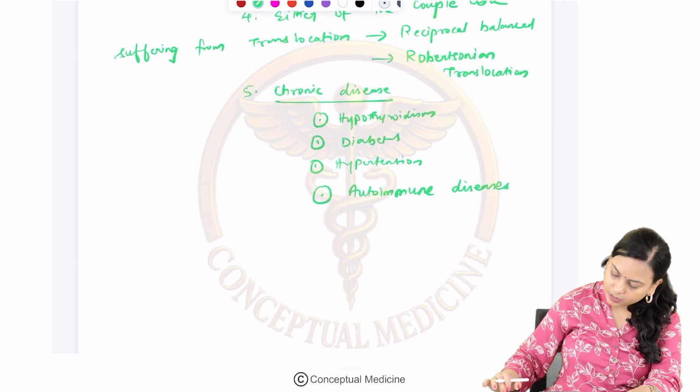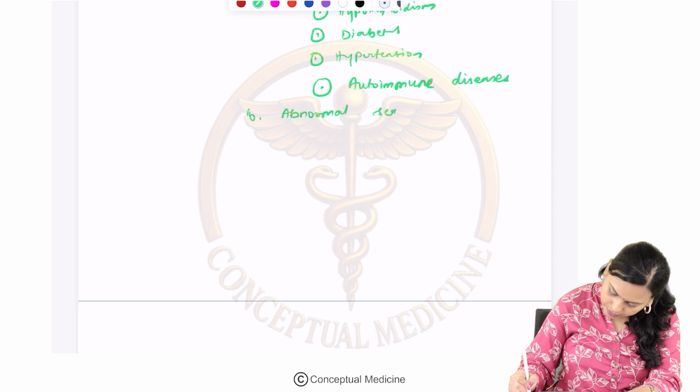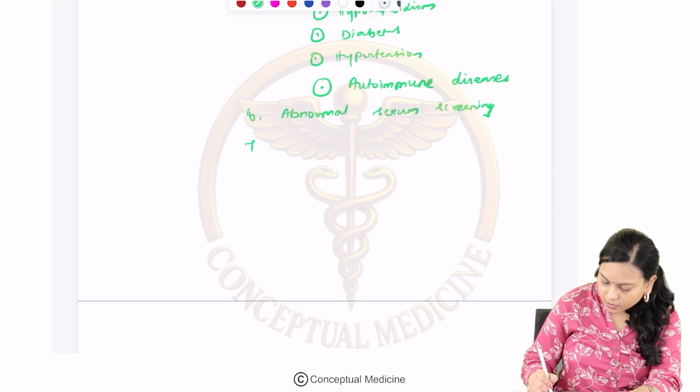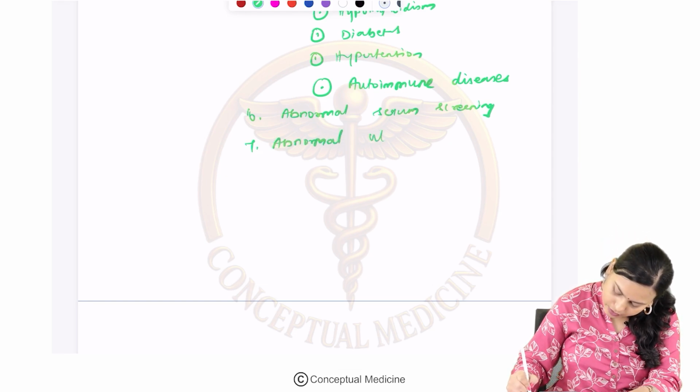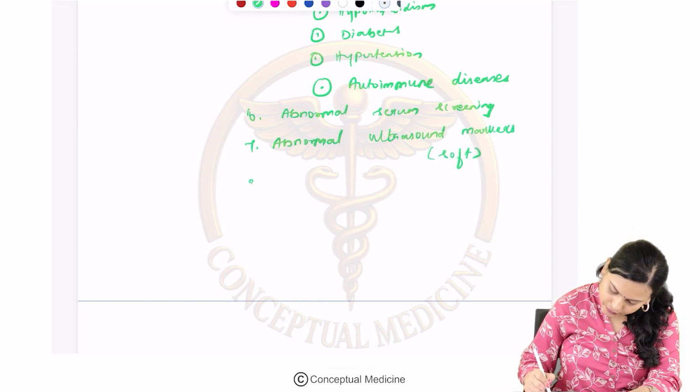Okay, and also if there was an abnormal serum screening, or there were abnormal ultrasound markers, okay, the soft markers we have discussed in the screening session,